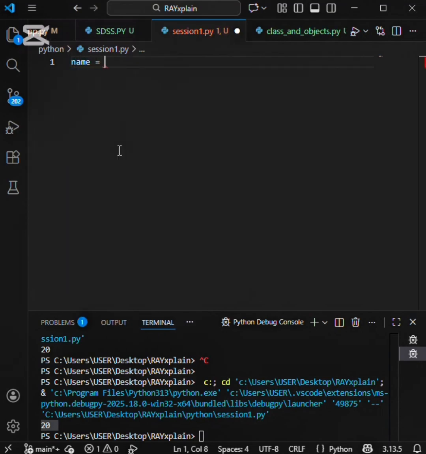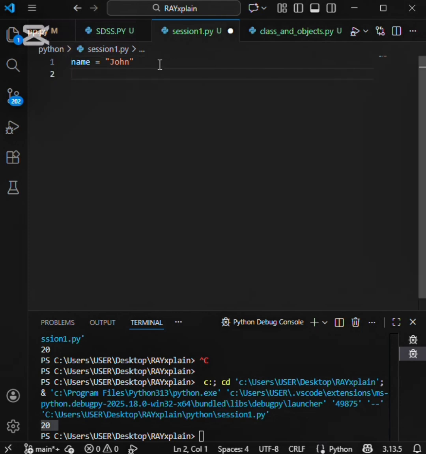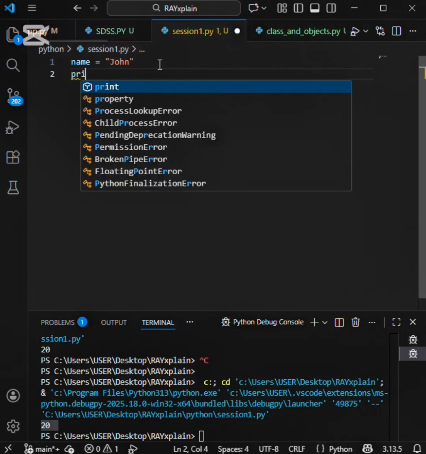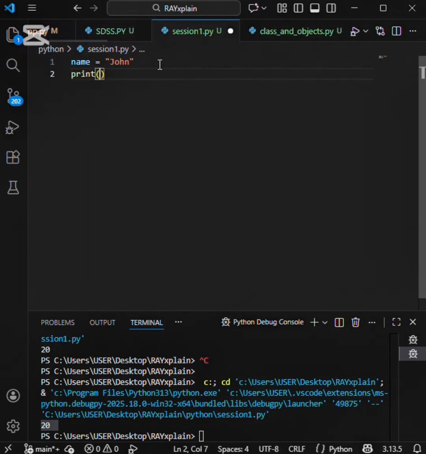So now let's start with assigning a variable. That is variable assignment, where we name a variable and assign it to a name called John. This is a typical example of variable assignment. When you are assigning a text variable, you need to use quotes, either double quotes or single quotes. To print out the variable you already assigned on your screen,